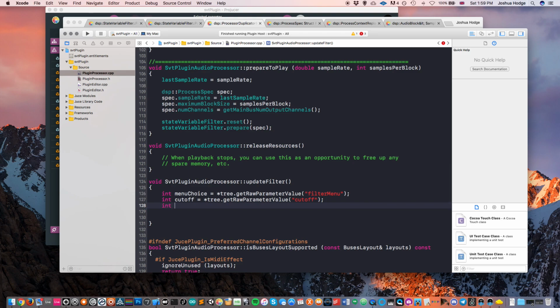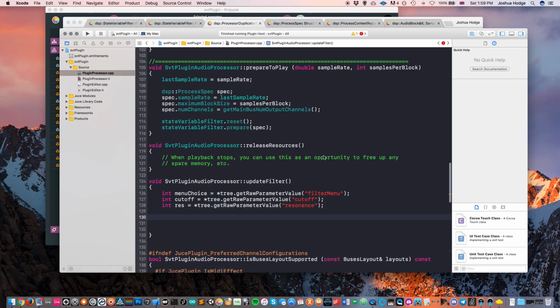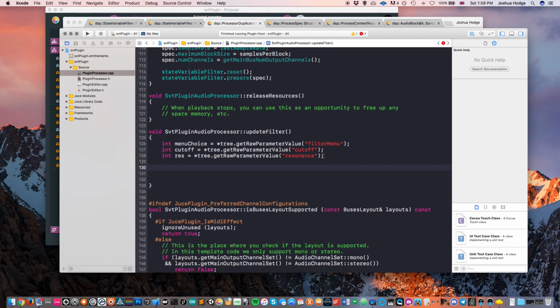So int, I'm just going to call this res equals tree get raw parameter value, and then this was called resonance. Okay. So now what we have to do is we just have to tell it what we want it to do if the user selects the first item on the menu. So if,